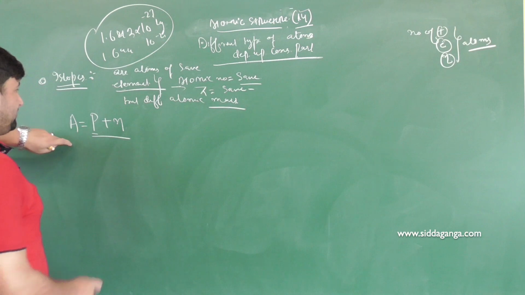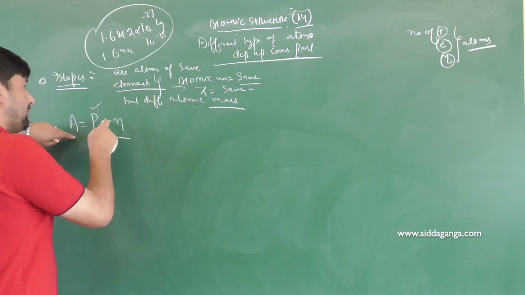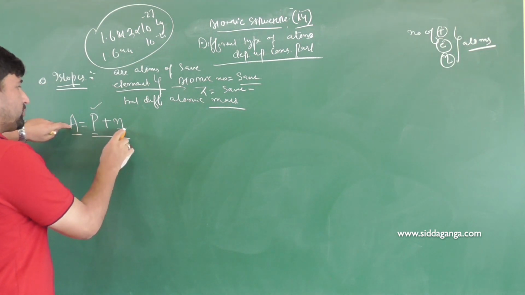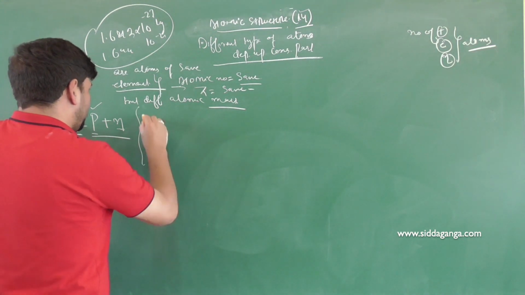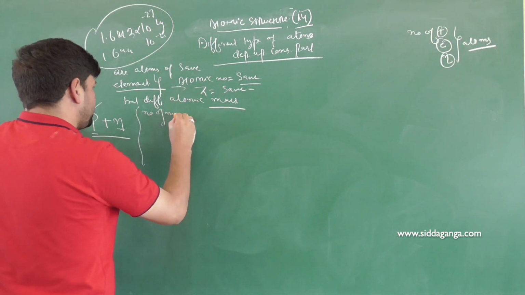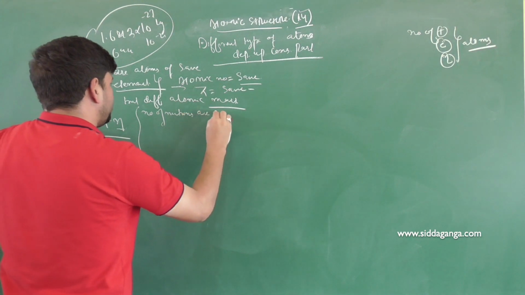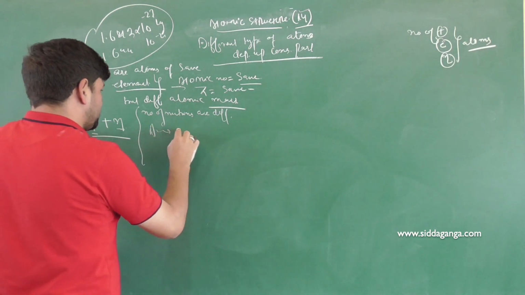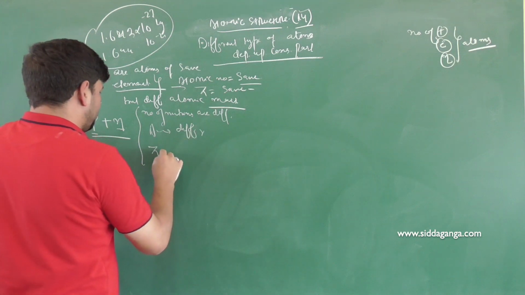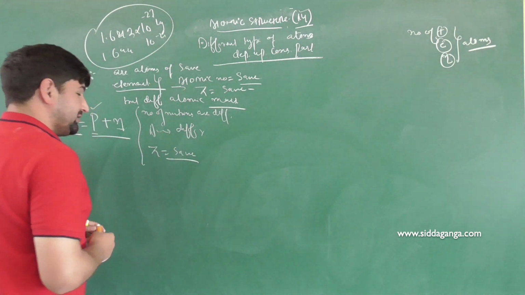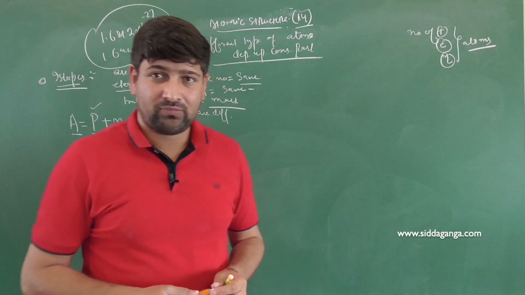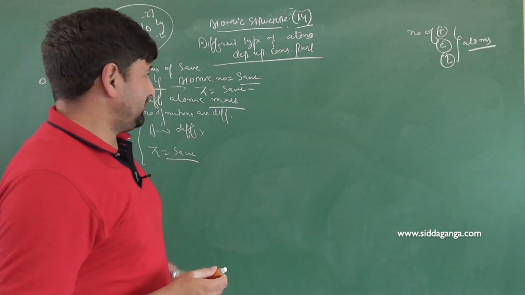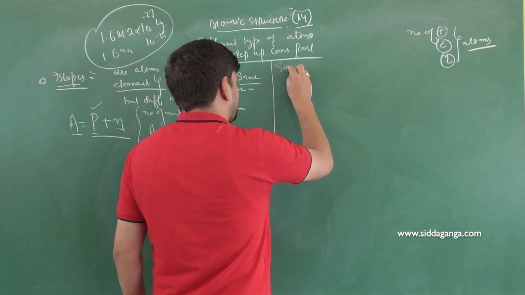In isotopes, what do we have? The same number of protons, that means they are atoms of the same element. Because atomic mass is different, the number of neutrons will be different. Not only is the number of neutrons different, atomic mass A is also different, but atomic number is the same. That means their electronic configurations and electronic structures will also be the same. Due to the same electronic arrangement,